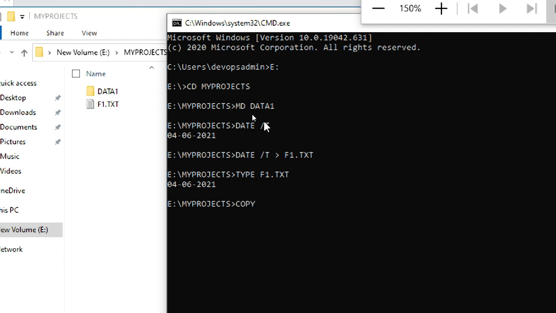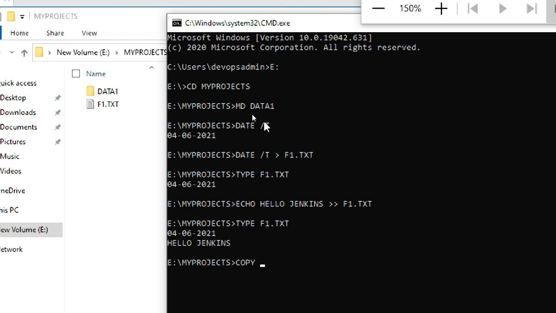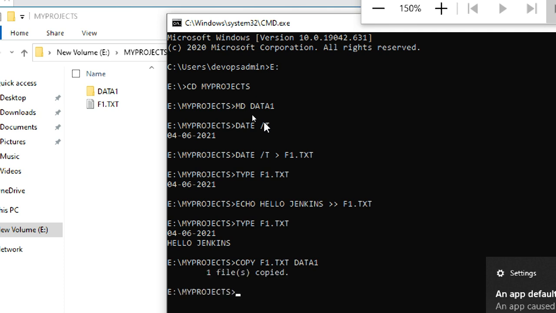I want to copy this file. Otherwise I will put echo hello Jenkins double greater than f1.txt. Now again the content is displayed. Now I'm going to copy this f1.txt to the data1 directory. The file is copied. Dir data1 directory.